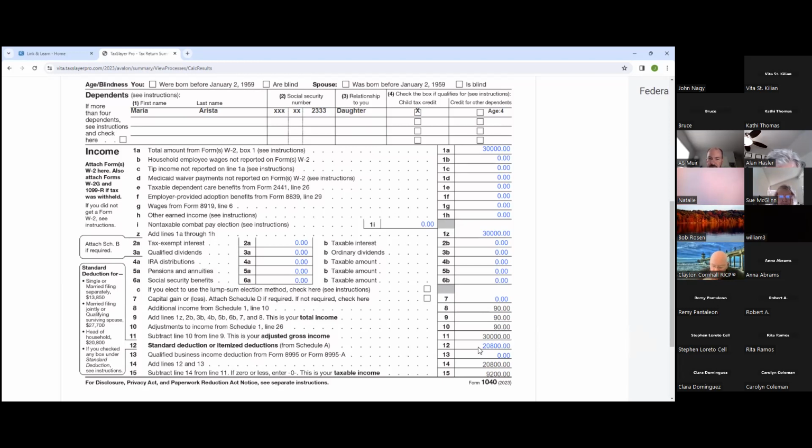And then we have the standard deduction. In the VITA program, we have the general rule. It's either the standard deduction or itemized deduction. If you're a tax professional and you know that if a taxpayer wants to take the lower of, they can, but in VITA we take the higher of. And if you're filing a married filing separate return that we don't do in VITA, then there are rules pertaining to that. But anyway, we've got the standard deduction.